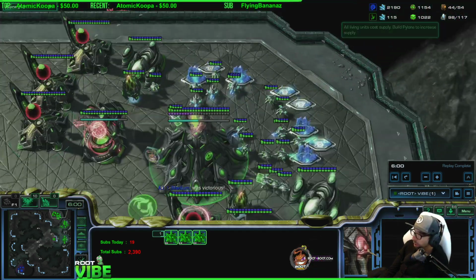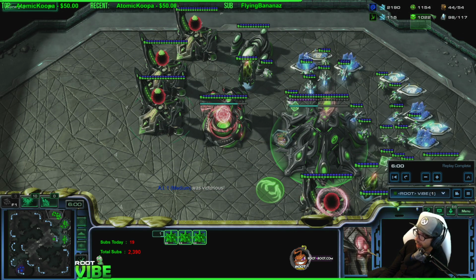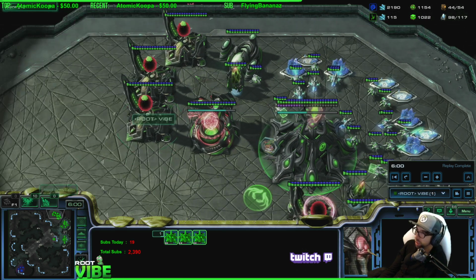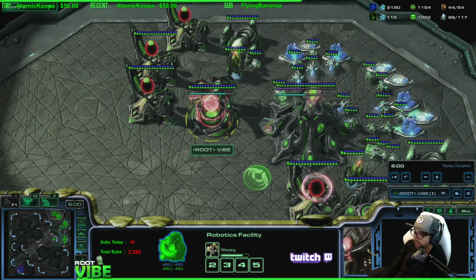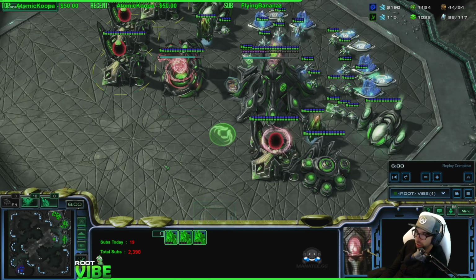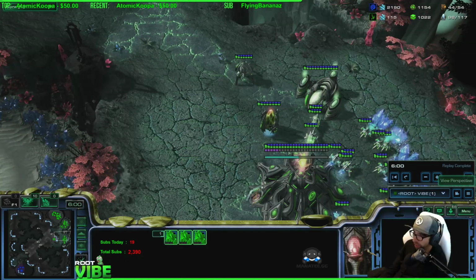At this point, what we should be doing as well is adding on. I would definitely say a Council, to go into also a Templar Archives to get ready to start going archons. That's also when we could add in a forge to start getting weapon upgrades, and then we could add maybe 3 or 4 more gates to go to 8-gate production, with a single robo, to hit that 80 probe mark, and then start making rounds